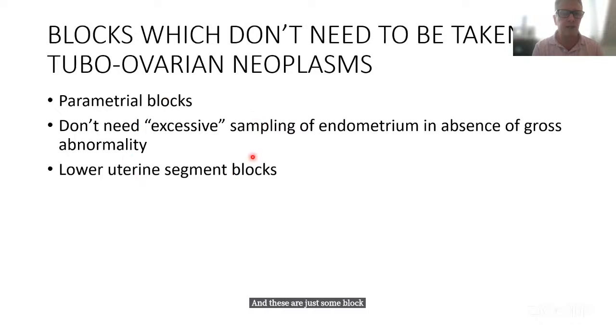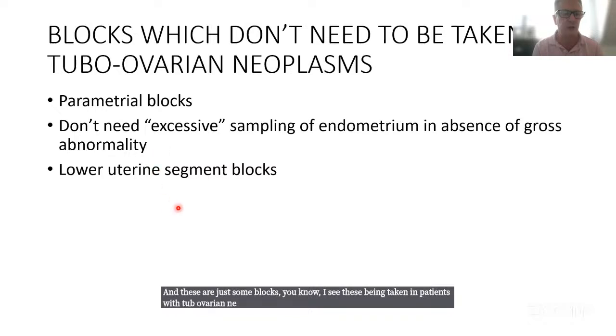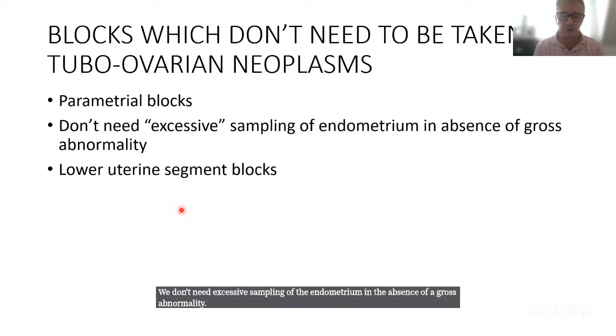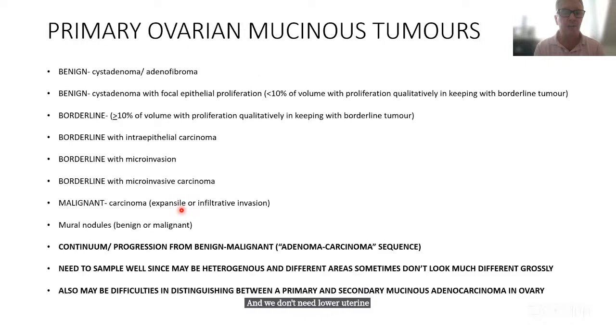I see these being taken in patients with tubo-ovarian neoplasms. I don't really think we need parametrial blocks. We don't need excessive sampling of the endometrium in the absence of a gross abnormality, and we don't need lower uterine segment endometrial blocks. I just want to mention very briefly ovarian mucinous neoplasms,